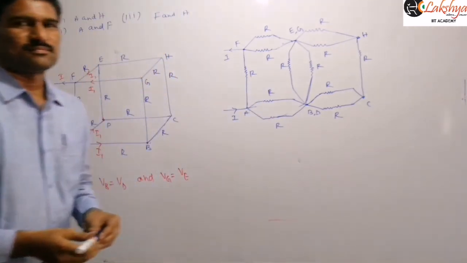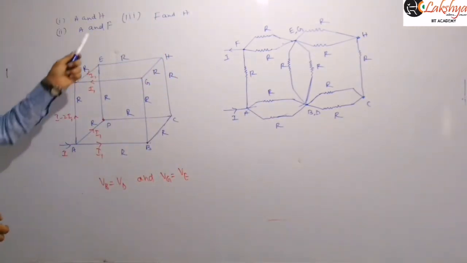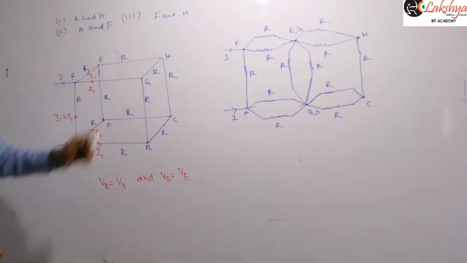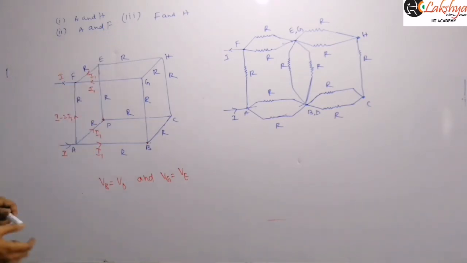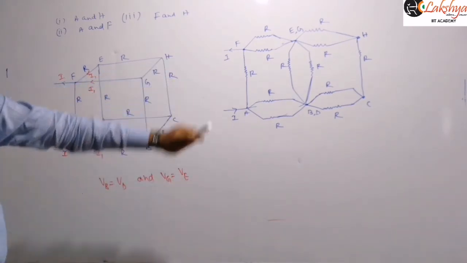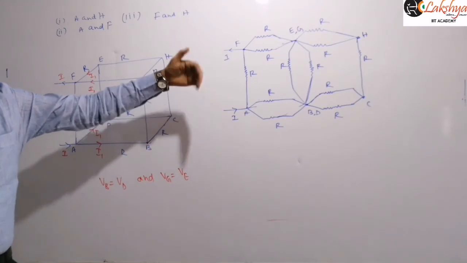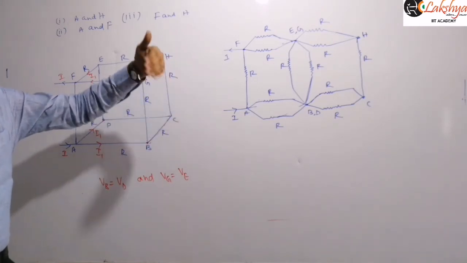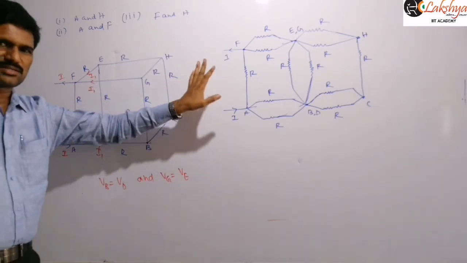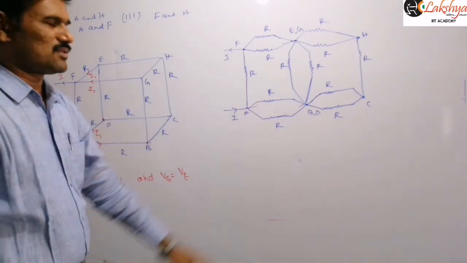So now further simplify this circuit here. Simplify this circuit, and next this also just I will explain between F and H, try yourself, right? Next I am going to the next problem. You simplify this and find the effective resistance. That means now directly there is no further complication. Step by step, if you reduce the circuits, you will get directly series and parallel combination of the resistors, right? There is no complication in this.